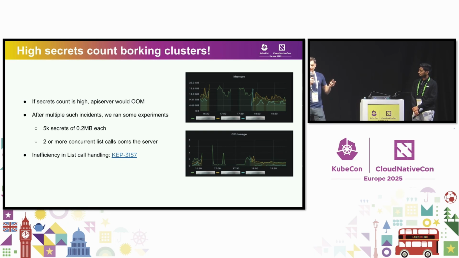So that's okay. But now when you do a list call, think about all that information that needs to go into the API server, into the cache, and think about how much memory that consumes. And so if we do 2 concurrent list calls, we can get a ton of this stuff built up in the cache, and we can run out of memory in the API server. So this is a big problem for us, and you can kind of see it in the picture on the right. When we do these list calls, it was pretty obvious that the API server would crash and we'd lose all our metrics for the API server.